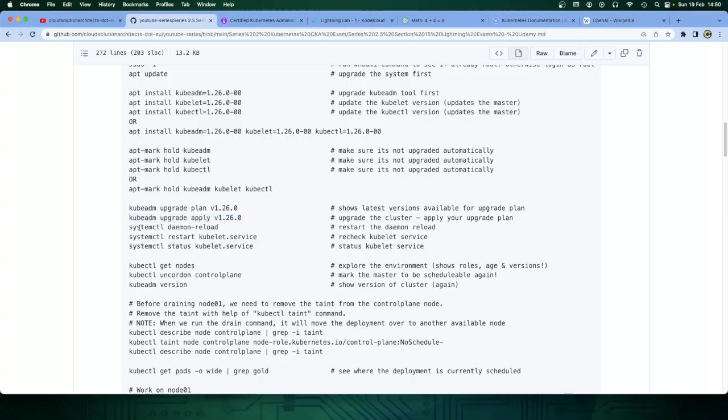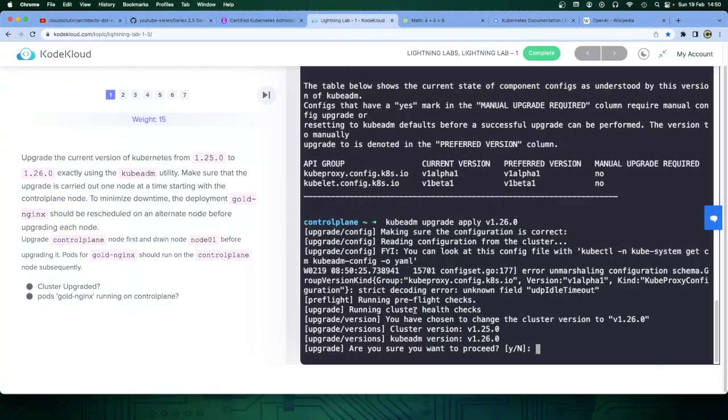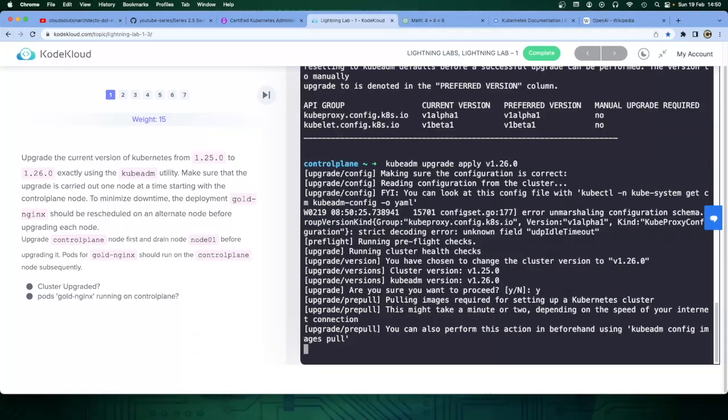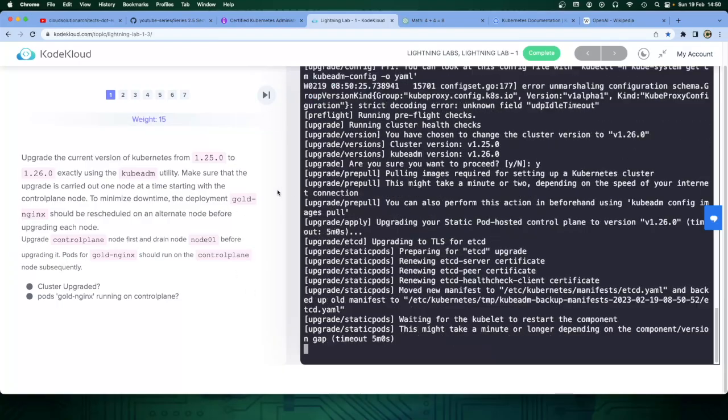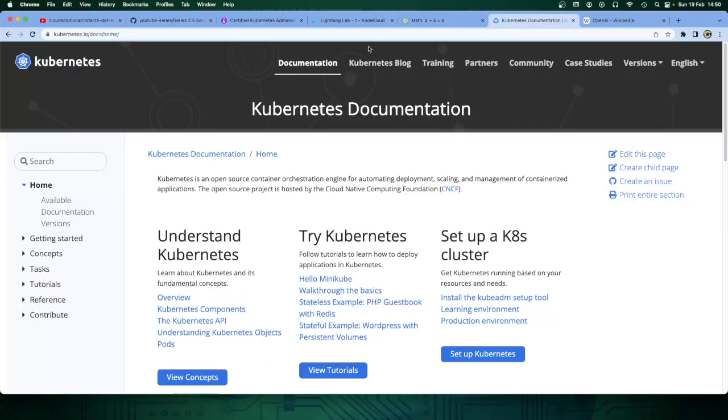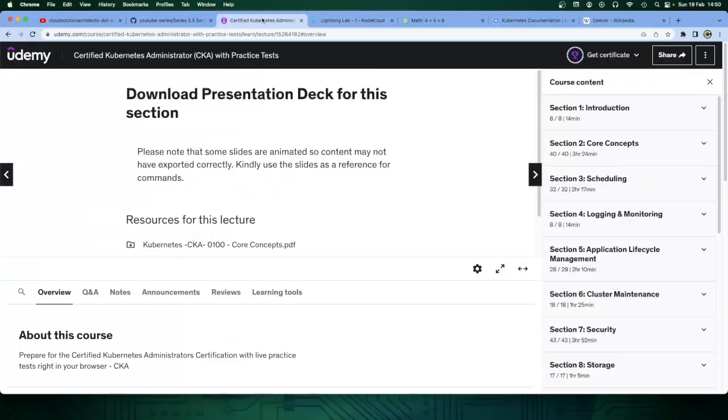And just be careful, as you take these commands, not to touch the keyboard when you're actually upgrading, because it may give you a problem during the exam. But again, this is all in preparation for the exam, to start getting quicker. Make sure you're going to the reference here